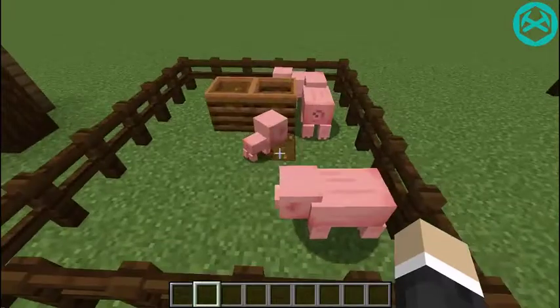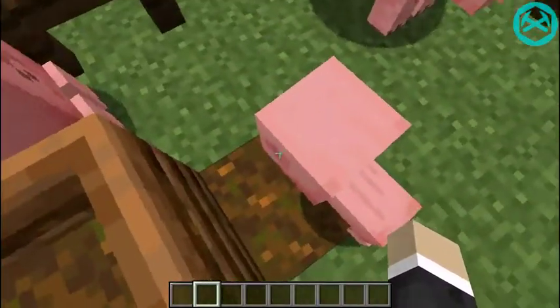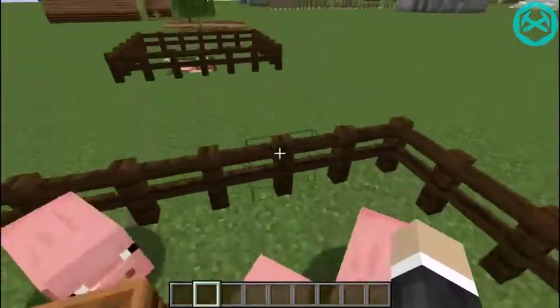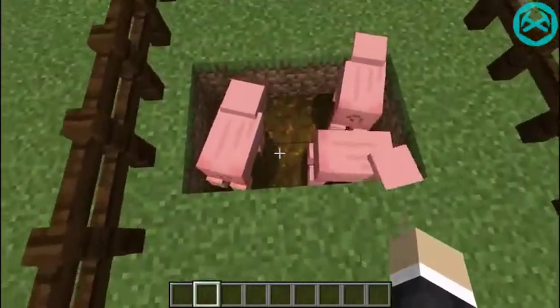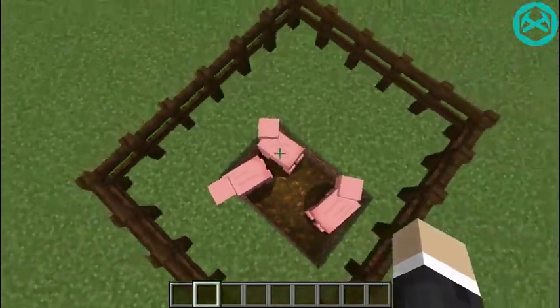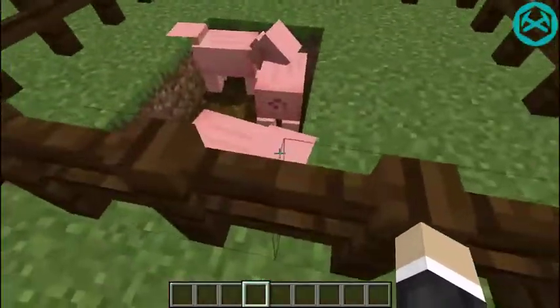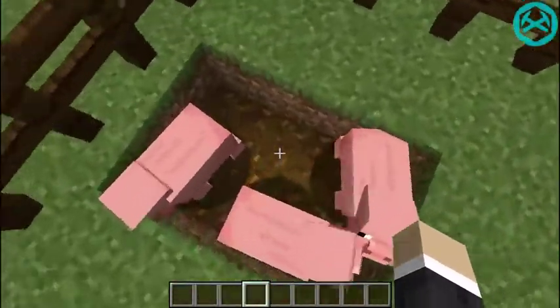Next we have a feeding trough in a pig pen, and you could say that some of it's spilled out because they seem to be a bit piggy with their food. Next you have a pig pen, and this time I have put the Podzol down lower where the pigs are, and it's sort of like a mud bath where pigs spend their time realistically, because Podzol looks sort of like